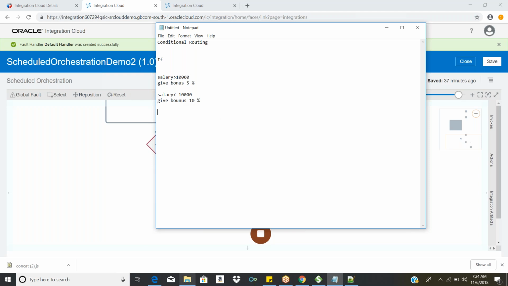In case there is another condition, like if the employee salary is greater than 2,000 and less than 5,000, then do some action, like give bonus 15%. I'm just adding conditions here. You can do multiple actions. This is called conditional routing.